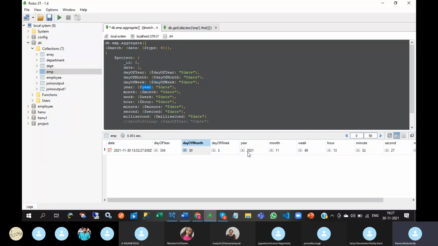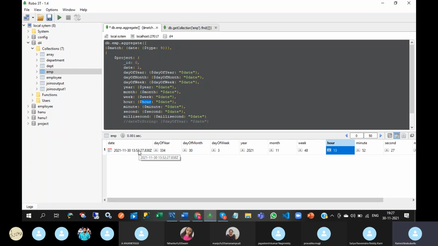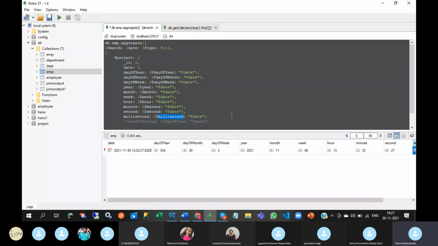And year 2021, month 11, week 48th week, yearly 52 weeks are there, and hour 13th hour. This is UTC time it was stored. Minutes 52 minutes, seconds 52 seconds, milliseconds 838. Like that we can extract whatever date object you want.